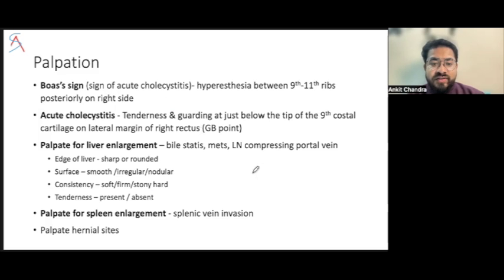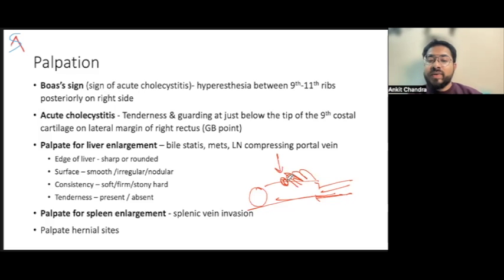In palpation, you have to make sure the patient is lying down straight. Okay, here is the head. You have to palpate with the finger pulp. You don't have to poke the patient. Don't poke the patient. For palpating the liver, you have to start with the